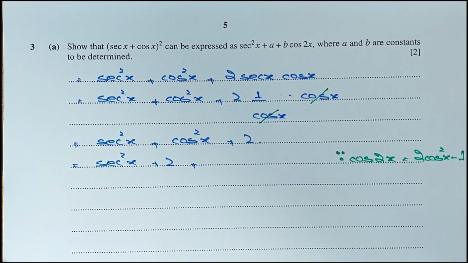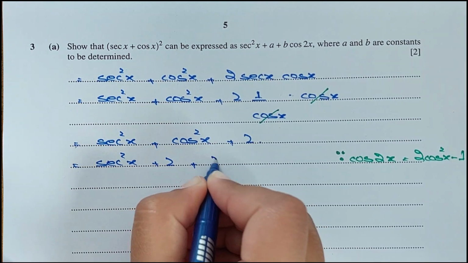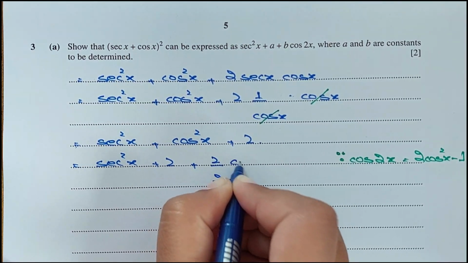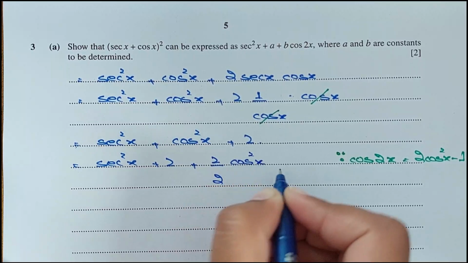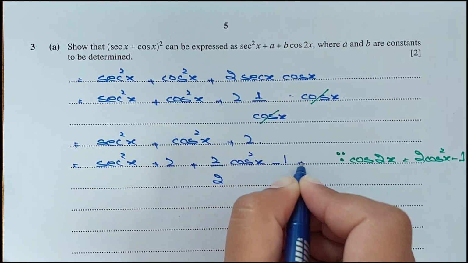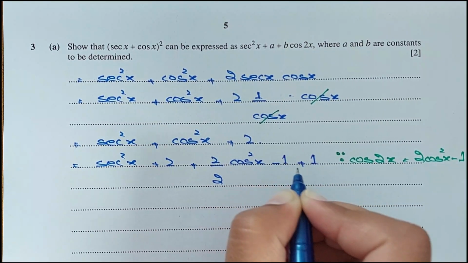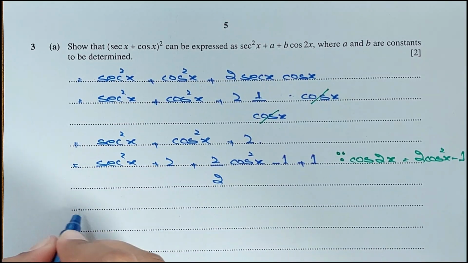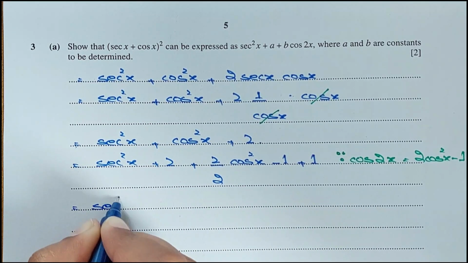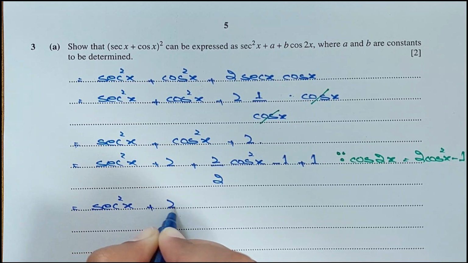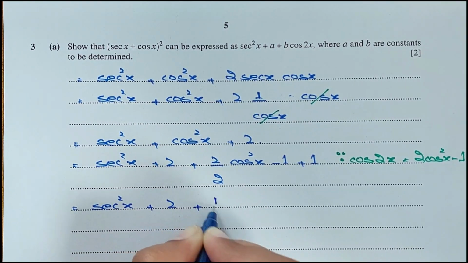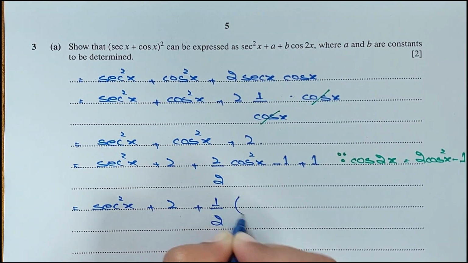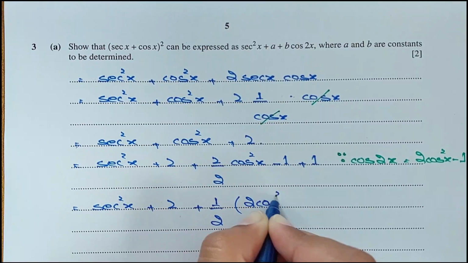So what we have to do with this cos square x, we have to multiply and divide by 2. We have cos square x and we have to minus 1 and plus 1. Right, okay, so we have secant square x plus 2 plus 1 by 2 outside, we have 2 cos square x,